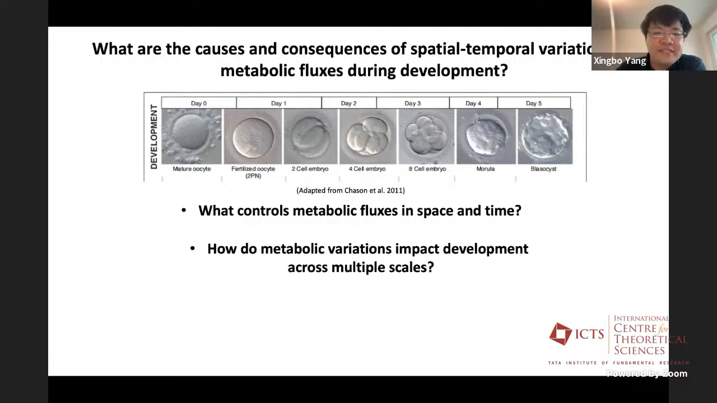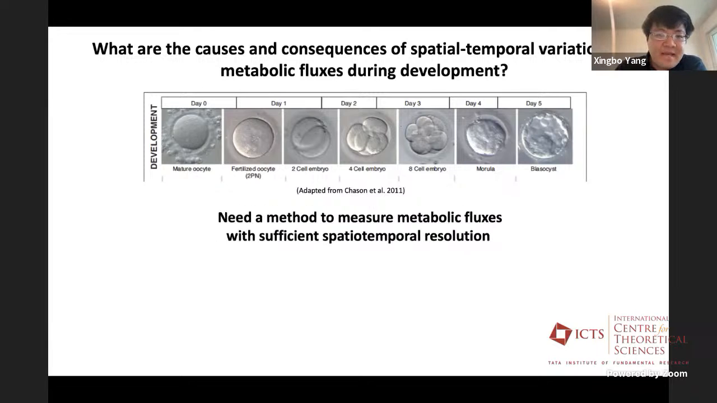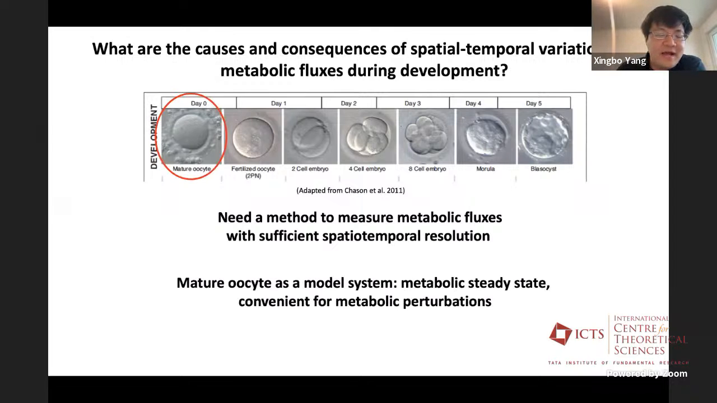Another part is how do these metabolic variations impact development across multiple scales, in terms of cell fate specification, cell motility, morphogenesis in general. Those are the questions I'm very much interested in. But to tackle these questions, one would need a method to measure metabolic fluxes with sufficient spatial temporal resolution, preferably even subcellular resolution. So for that, we chose the mature oocyte as the model system because it's at